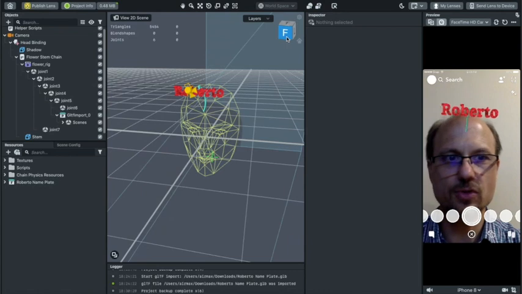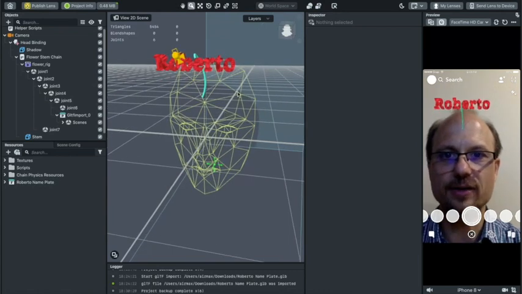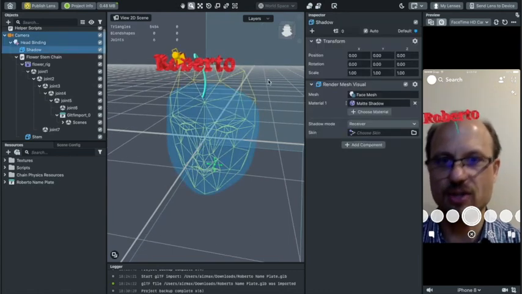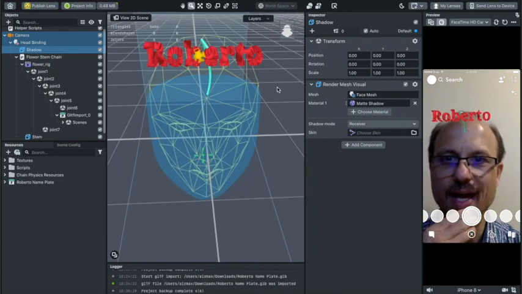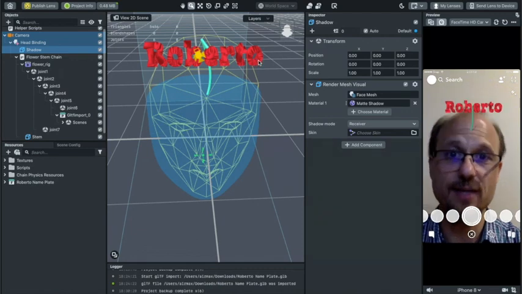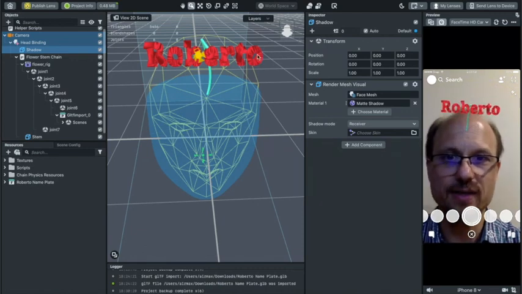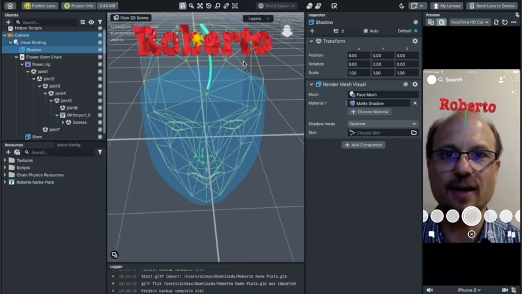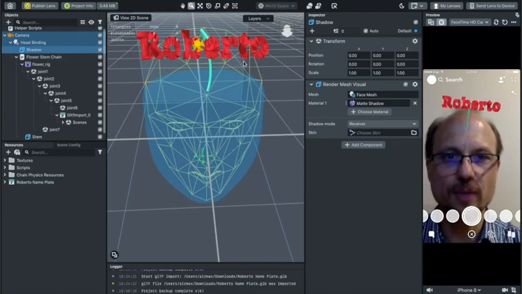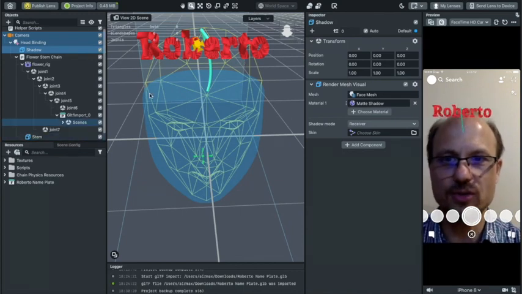Now you may notice that the letters look a little bit strange, and that's really a Tinkercad issue. I'm not sure how to fix that. I haven't figured that out yet. If you did this in Blender, you wouldn't have these jaggedy edges on the letters, but it shouldn't matter too much with what we're going to do, because we're actually going to give it a